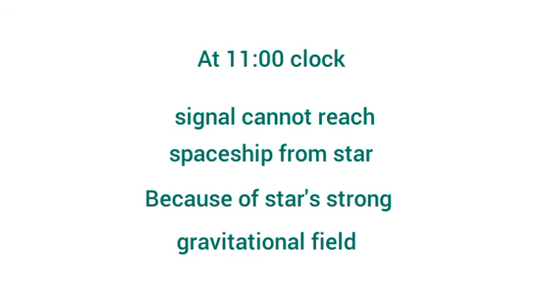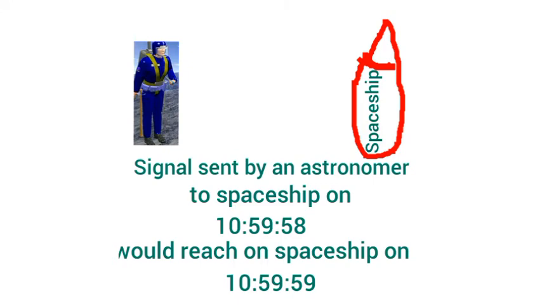Suppose an astronaut on the surface of the collapsing star sent a signal every second according to his watch to his spaceship orbiting about the star. At some time on his watch, say 11 o'clock, the star would shrink below the critical radius at which the gravitational field became so strong that the signals would no longer reach the spaceship. His companions watching from the spaceship would find the intervals between successive signals from the astronaut getting longer and longer as 11 o'clock approached. However, the effect would be very small before 10 hours 59 minutes 59 seconds.